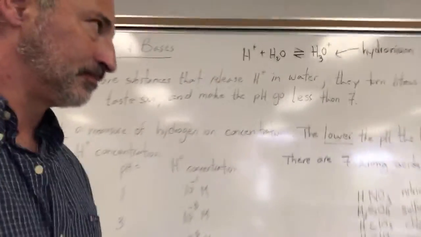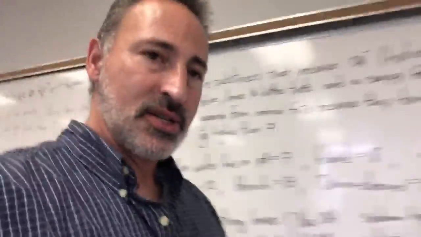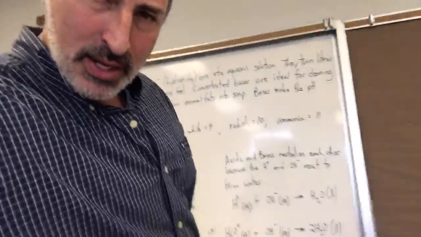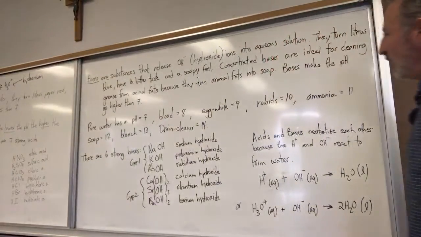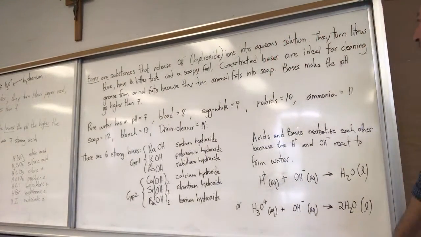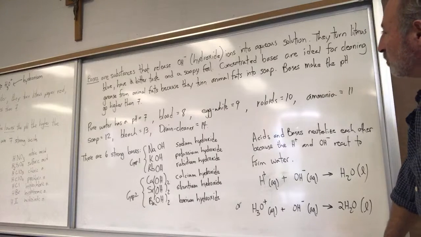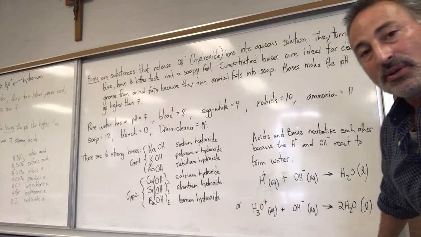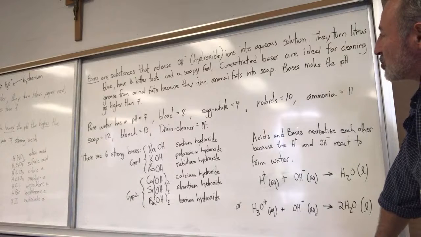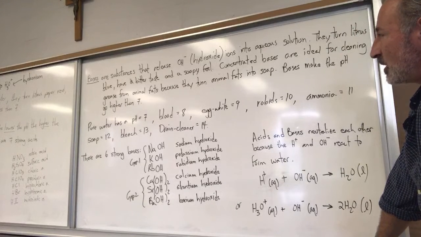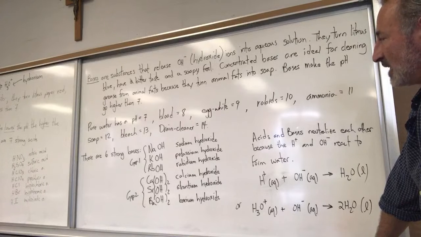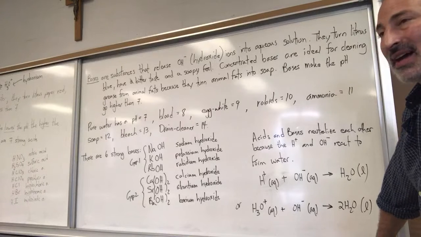About bases. Bases are substances that release OH minus into aqueous solution. That's called hydroxide ions. They turn litmus paper blue. They have a bitter taste, but don't drink. They have a soapy feel. And concentrated bases are ideal for cleaning grease based on animal fats, because they turn animal fats into soap, which